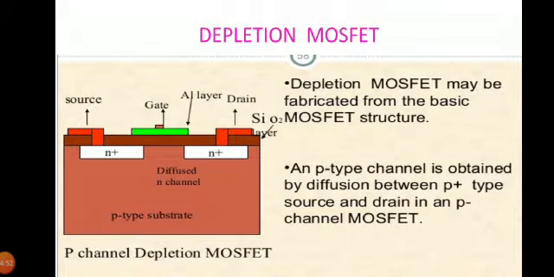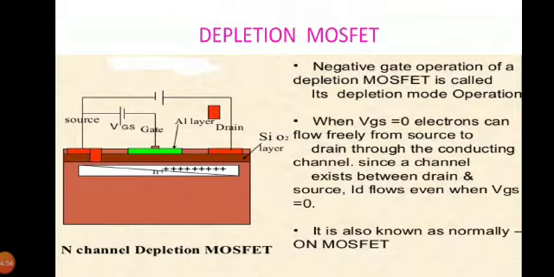Here now we will look into the operation, that is, the working principle of the depletion MOSFET. On the application of drain to source voltage, that is VDS, and keeping the gate to source voltage at 0 by directly connecting the gate terminal to the source terminal, free electrons from the N channel are attracted towards the positive potential of the drain terminal. And this establishes a current called IDSS at VGS equal to 0.